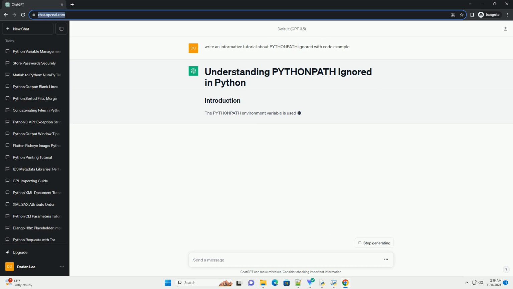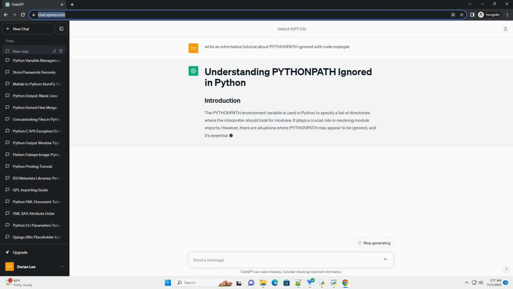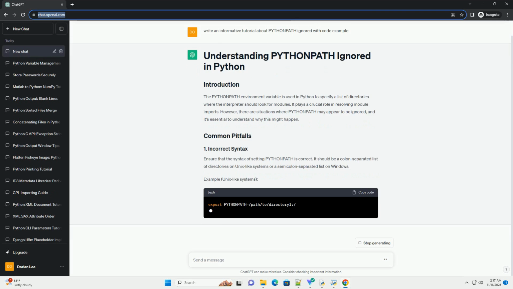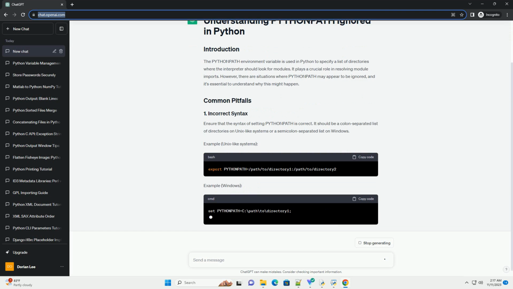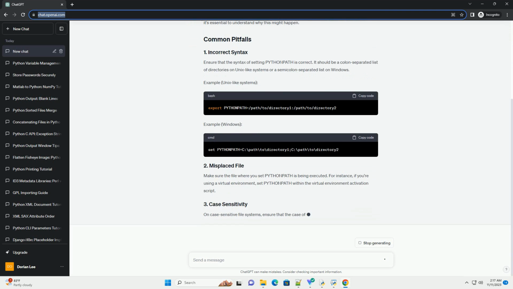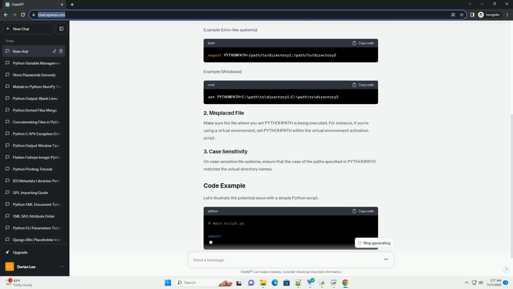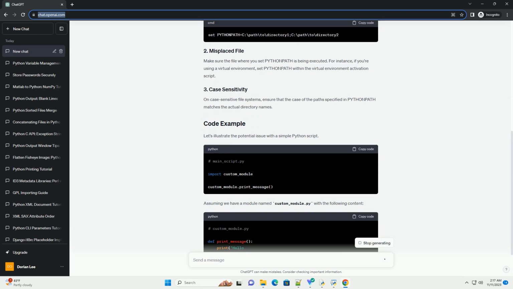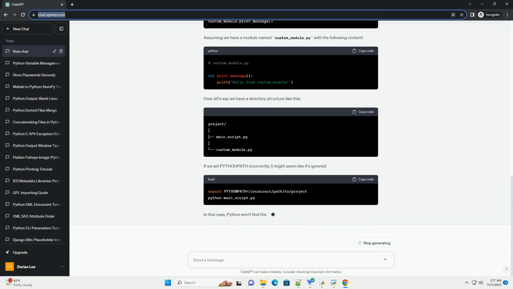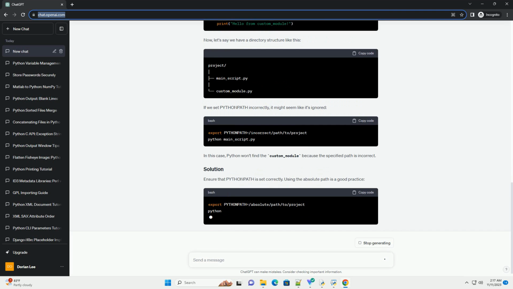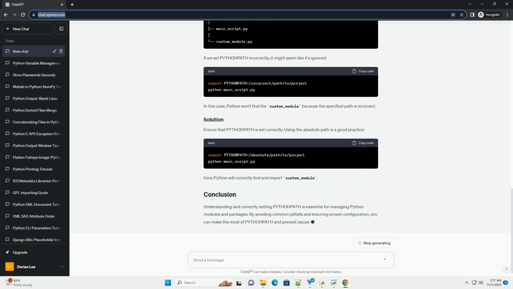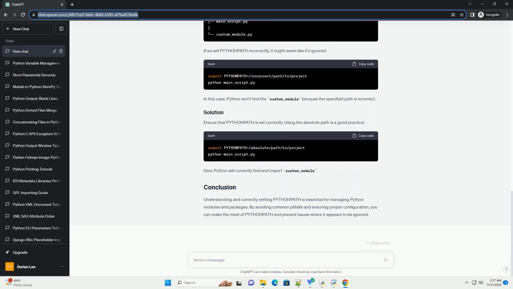Python's PYTHONPATH is an environment variable that tells the interpreter where to locate the module files that are imported into a Python script. It is a list of directory names that Python uses to search for modules when the import statement is encountered. However, there are cases where PYTHONPATH might be ignored or not behaving as expected. In this tutorial, we'll explore the concept of PYTHONPATH and address common issues that might cause it to be